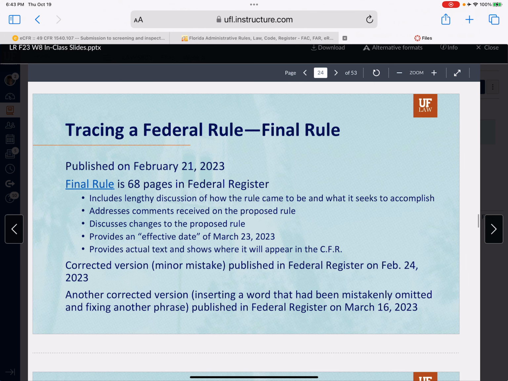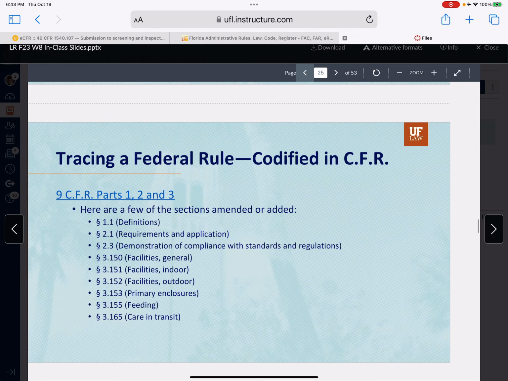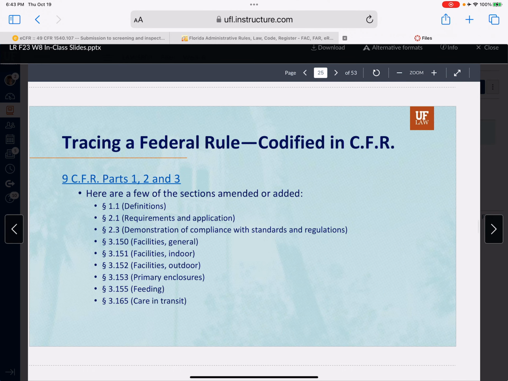Final rule was published on February 21st in 2023. It's 68 pages long in the Federal Register. It's going to tell you all kinds of stuff in the preamble about how the rule came to be, what it sought to accomplish. It's going to say we got these 19,000 comments, and these were the most important ones, and we actually made some changes based on those comments, tell you the effective date, and provide the actual text that's going to go in the CFR and tell you where in the CFR it's going to wind up. Then it's going to get codified in the CFR. In this case, Title IX of the CFR, Parts